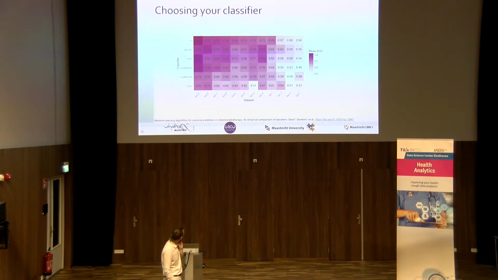So this is AUC again. This is the best performing, and this is the worst performing. The first thing you see is it doesn't depend on your machine learning algorithm. It depends on your data, right? Because this is a data set without any signal, and machine learning will not save you. And if it's a data set with a lot of signal, almost all machine learning will help you. If you want to make a choice in our field, probably this one is okay, and this is a simple logistic regression model.